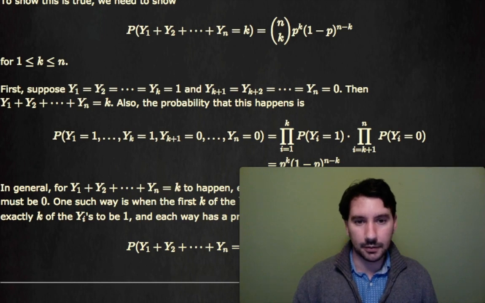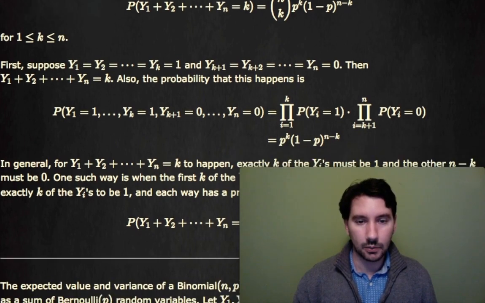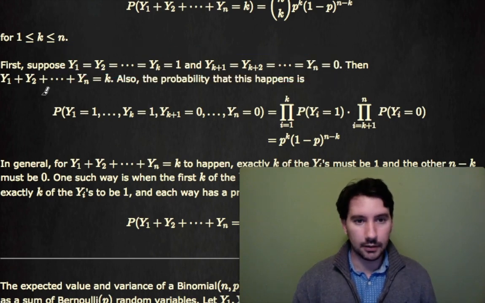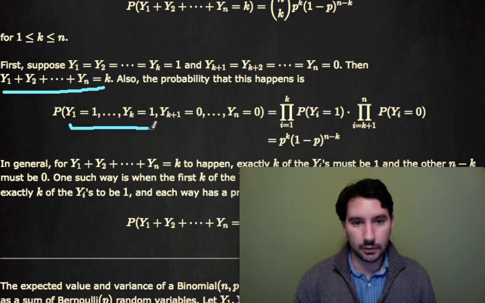So for example, let's say we fix a particular k between 0 and n, and we want to find the probability that exactly k of the experiments succeed. Well, one way that k of the experiments could succeed is that the first k experiments all succeed. So Y1, Y2 up to Yk succeed, and the rest of them fail. So Yk plus 1, Yk plus 2, and so on, down to Yn, all fail, so they're all 0. Then the sum Y1, Y2 up to Yn does equal k, and the probability that this happens, the probability that Y1 is 1, Y2 is 1, up to Yk is 1, and the rest are all 0, so here's our 1s and here's our 0s,